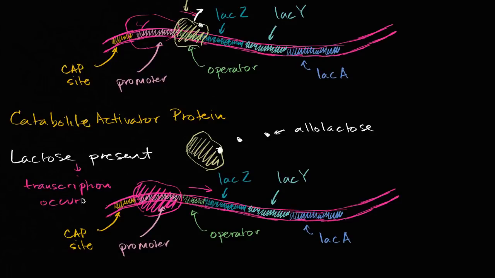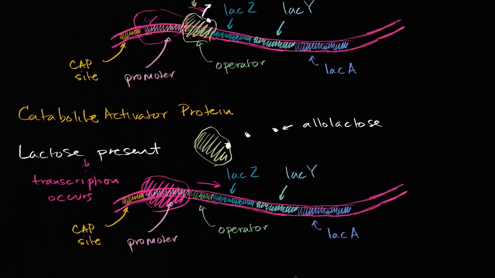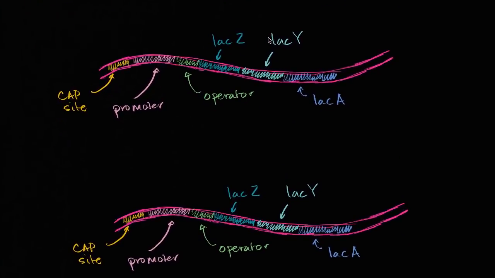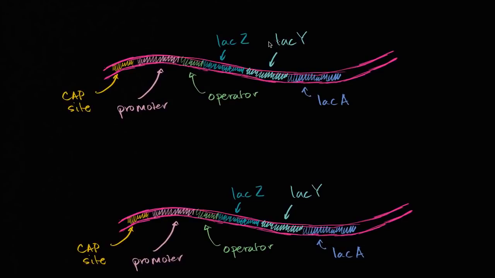occurs. Now that's a very high-level, simple view of the lac operon, but there's more involved because there's other sugars, in particular glucose, which is preferred by the cell. So, whoops, I'm moving the wrong part. There you go. So let's think about what will happen in the presence of glucose and not in the presence of glucose.